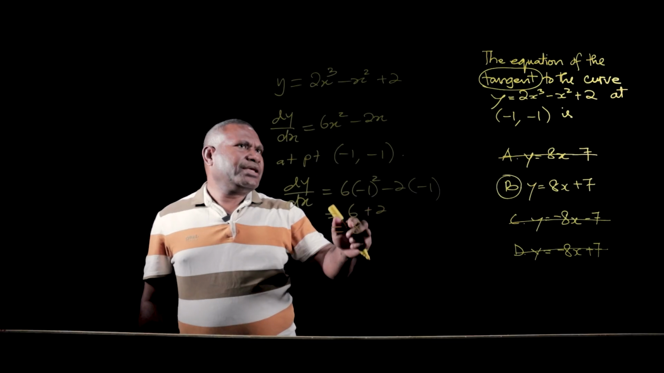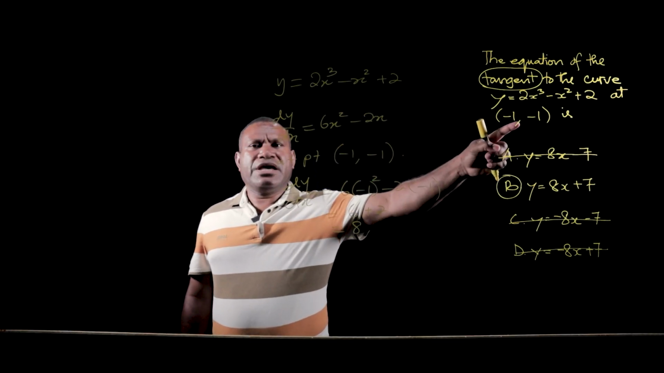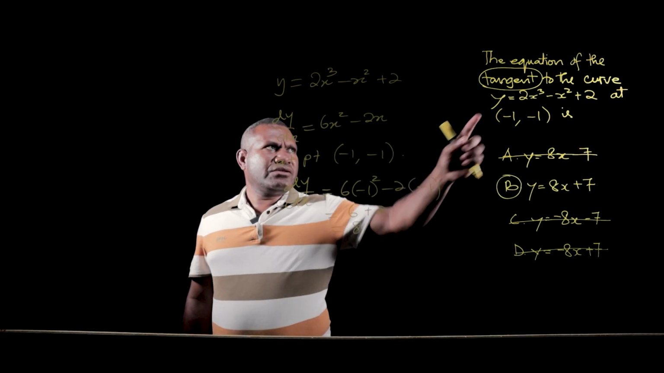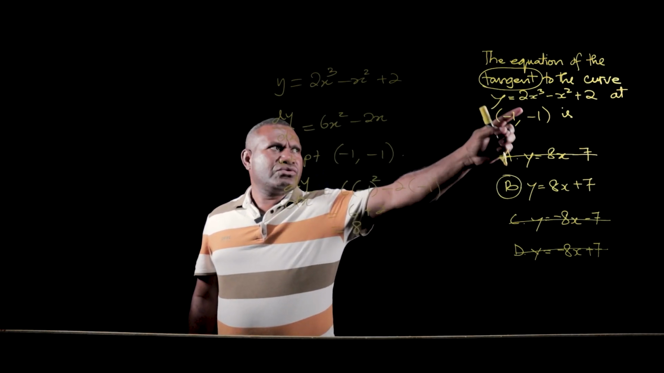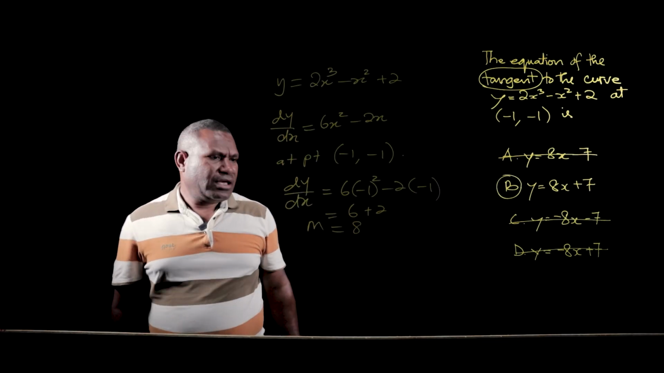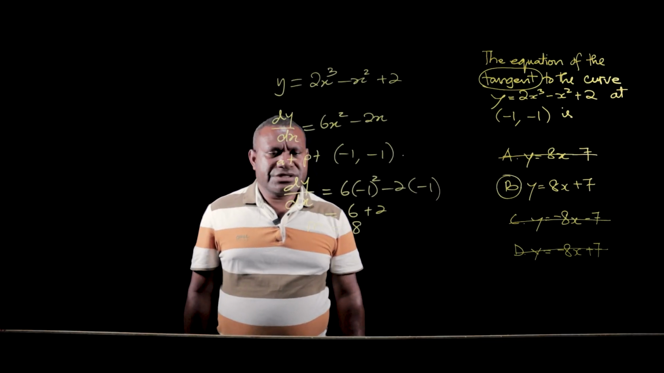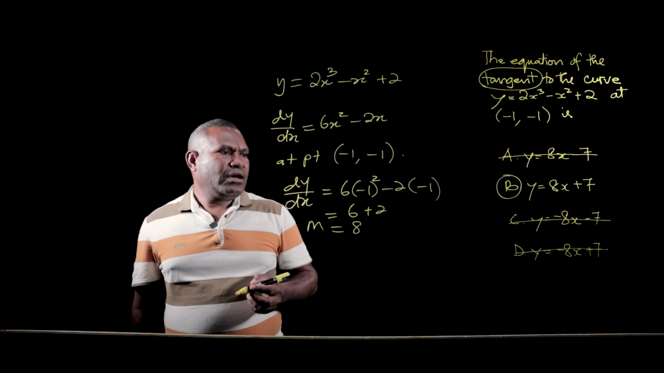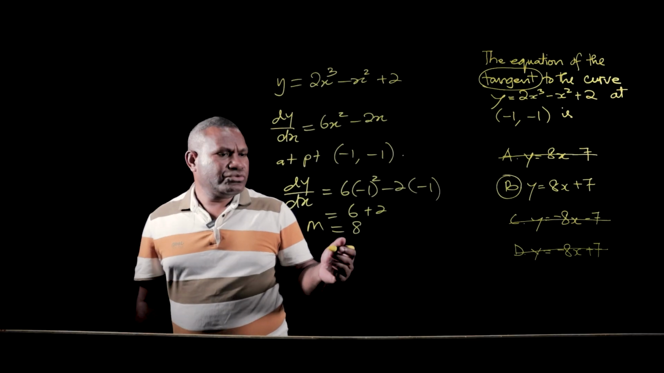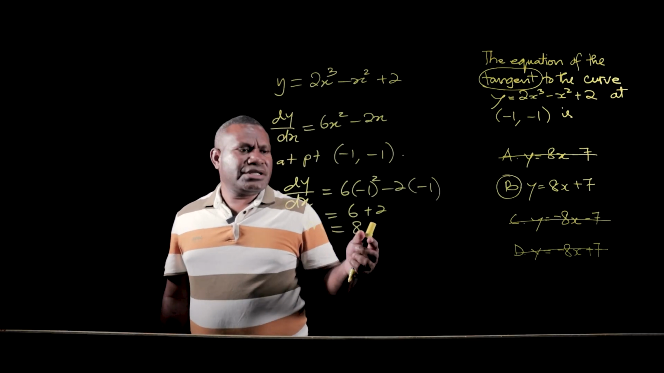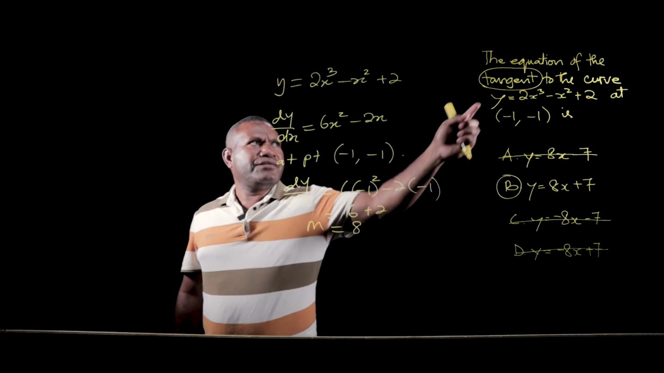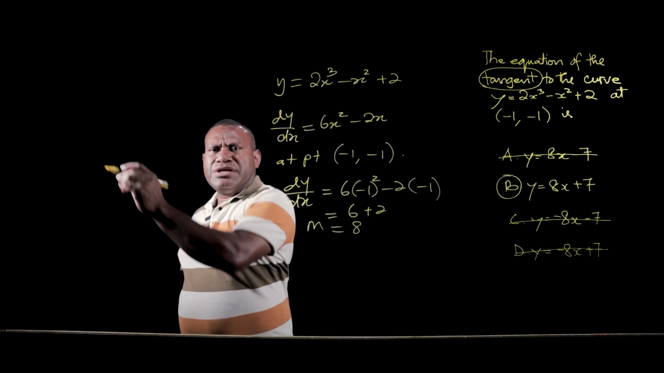This 8 is the gradient of this function at this point, and this gradient is also the gradient of a straight line that passes through this point. So we can write this as the gradient of the tangent, which is equal to m. Since we have established that this gradient is the gradient of this curve at this point, or the gradient of this tangent,